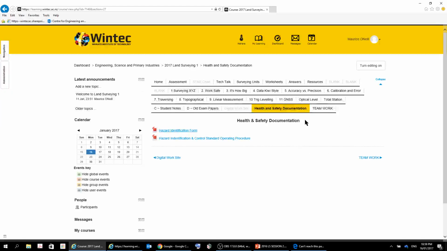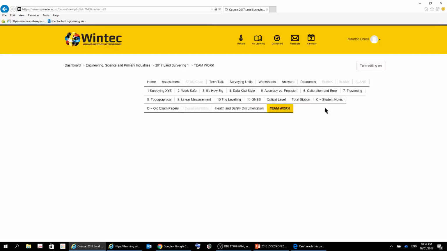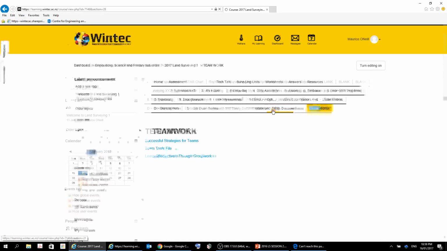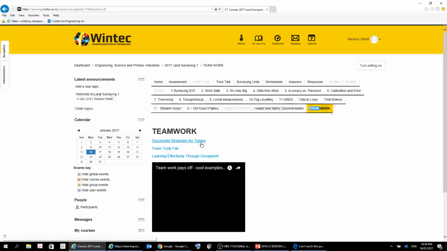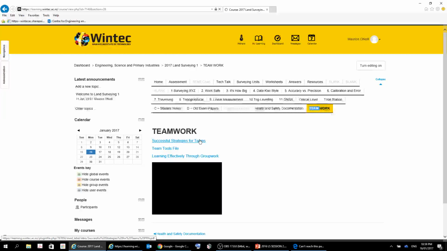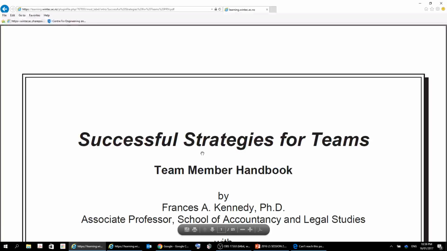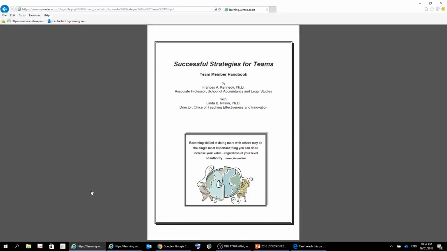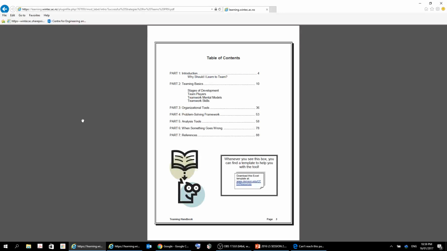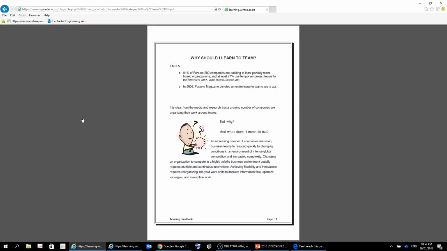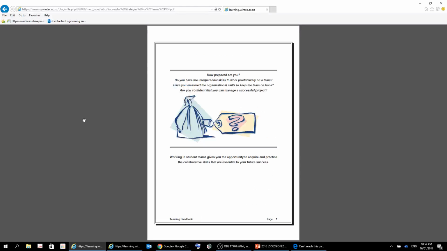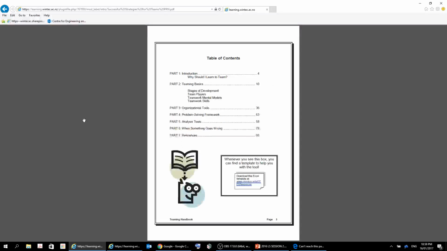Now there's also in here teamwork, and in the teamwork tab, here we go, we've got successful strategies for teams. Now this is a great little booklet that you should really have a look at. It goes through, it's quite a lot of pages, but they're quite easily read, and it goes through a briefing